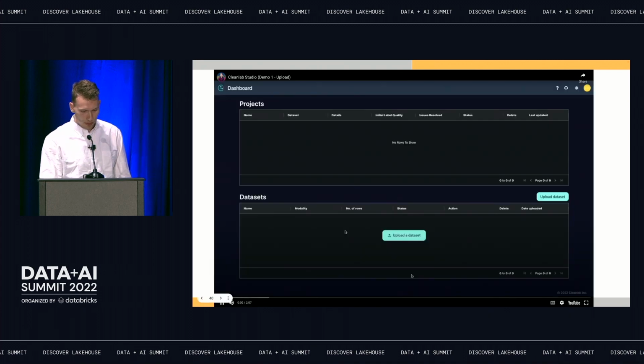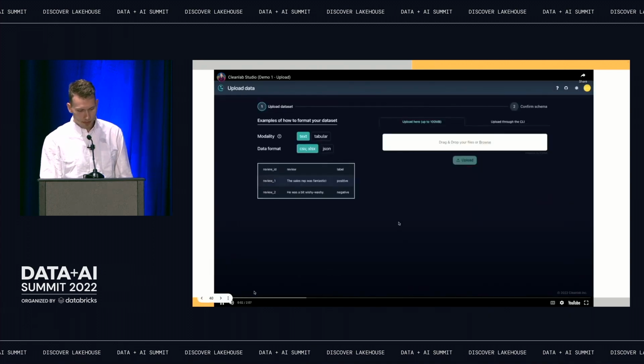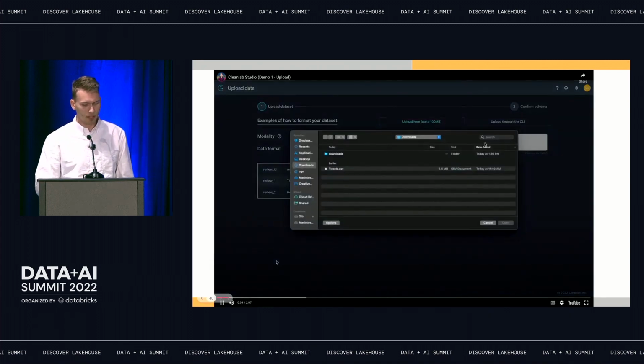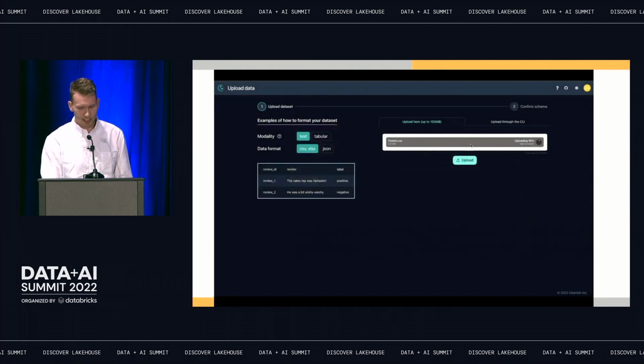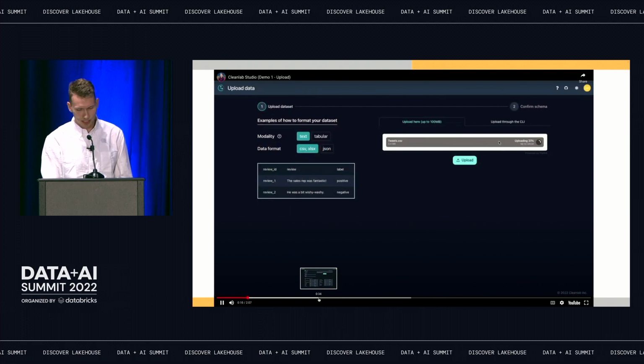So what you do to upload a data set, actually for time, I'll skip this. This is just uploading. It's really nice. We do a lot of data profiling stuff, but I think for time purposes, what you really want to see is the actual cleaned data. It works for text and tabular data, and I'll just show you.